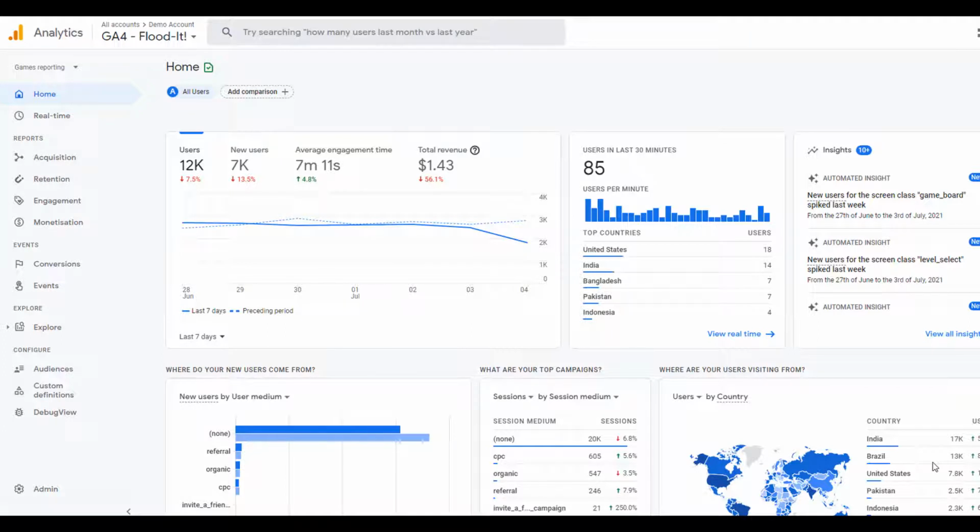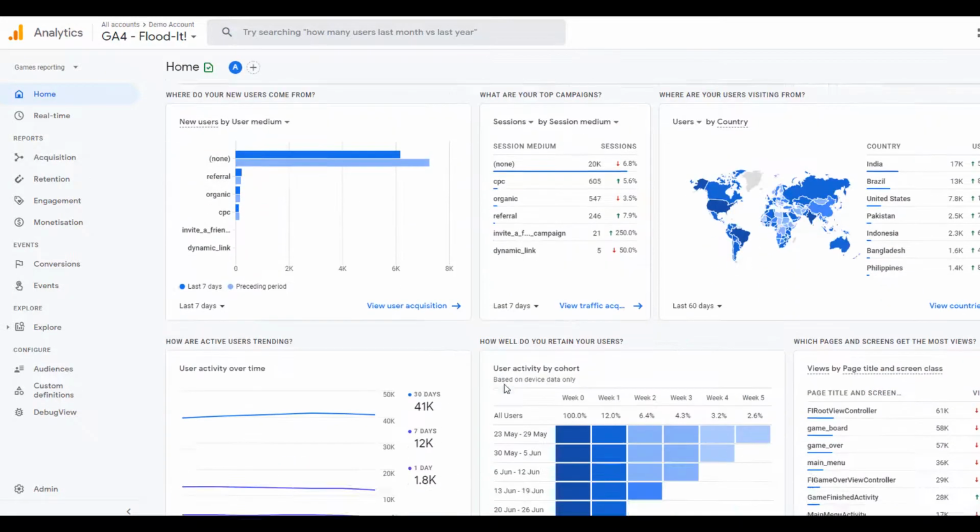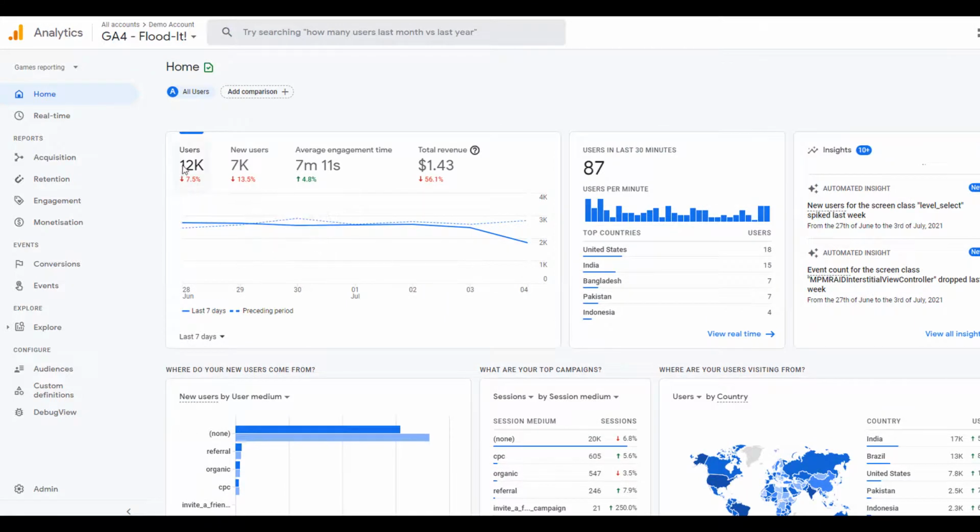Okay, so once you've verified everything is working and data is being received, I'm just going to show you what a Google Analytics account looks like. So this is your main dashboard as soon as you go onto the Analytics website. This is just Google's demo account, just so I can show you the kind of things that you'll get. So right now we're just on our home screen and we've got some of our most basic, most useful reports. This one here shows the total